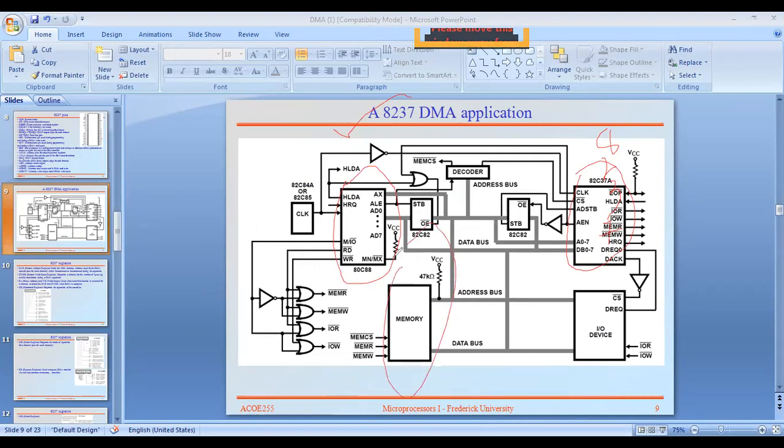This is the external memory of that processor, and this is the external IO device. These are the four ports. This is the control signal generation unit. What are the control signals available here? IO write, IO read, memory write, memory read, and the hold and HLDA signal combinations. Hold.